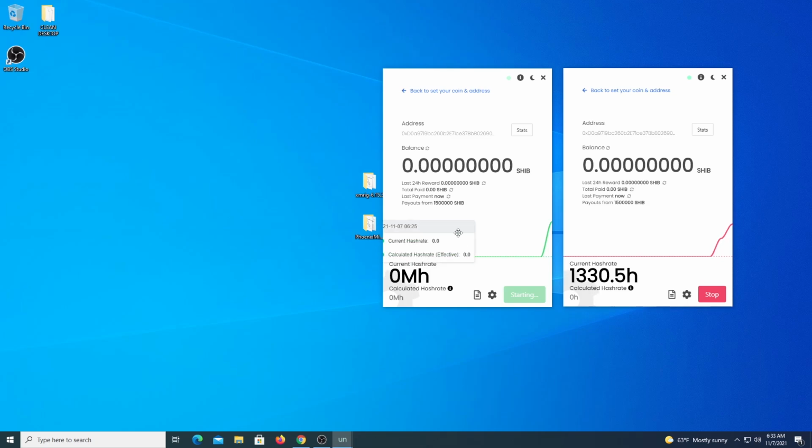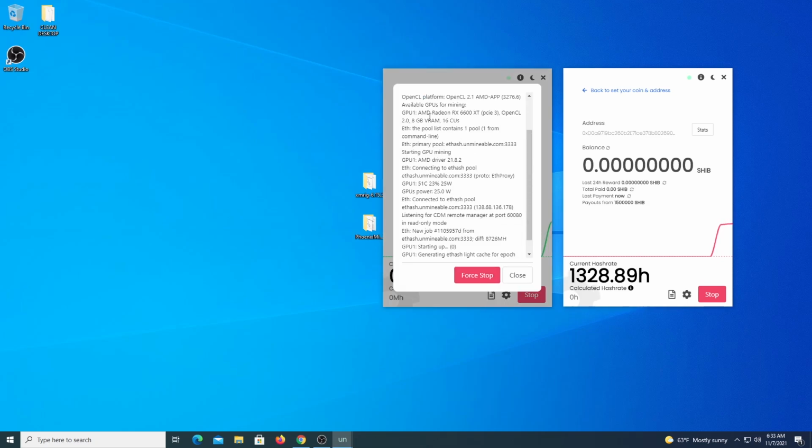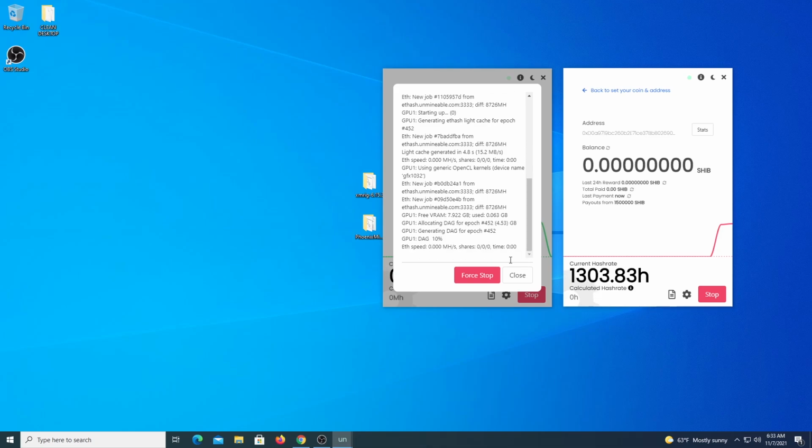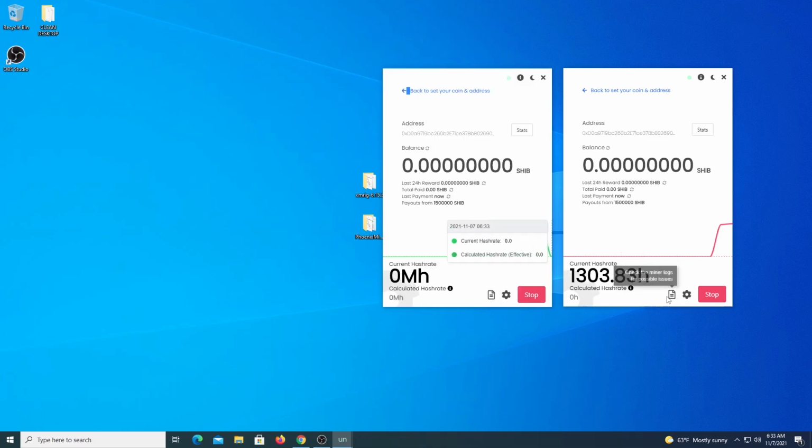So let's give it some time to build the DAG file. We are generating the DAG here. If we don't see any errors here, then it's working. The same here. So once we have the numbers here, we know we're mining, and that's super simple. So from here, we can check the stats